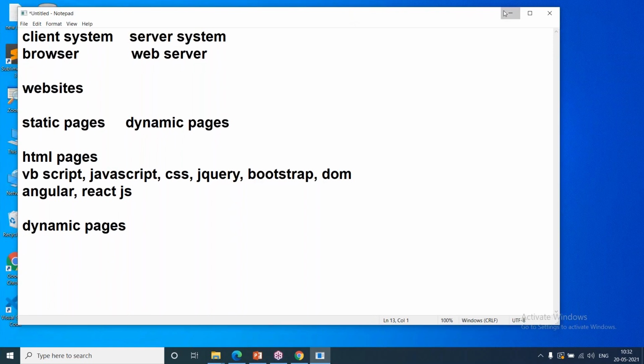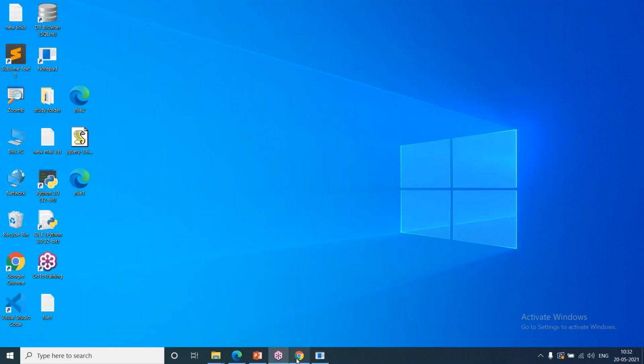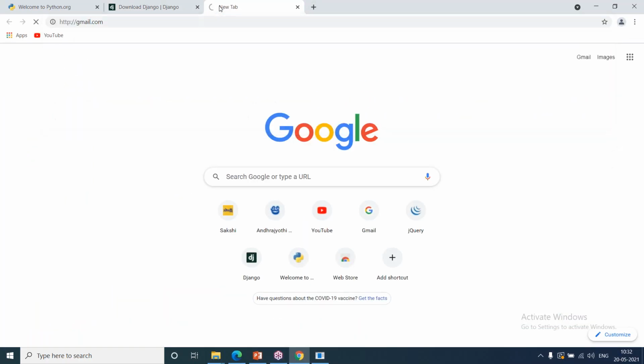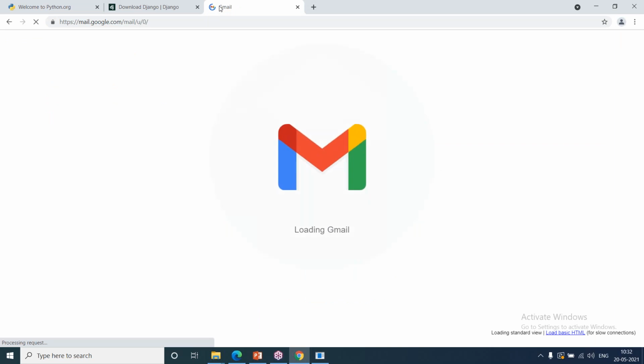So if you are working with Gmail, when you give username and password, after login is successful,